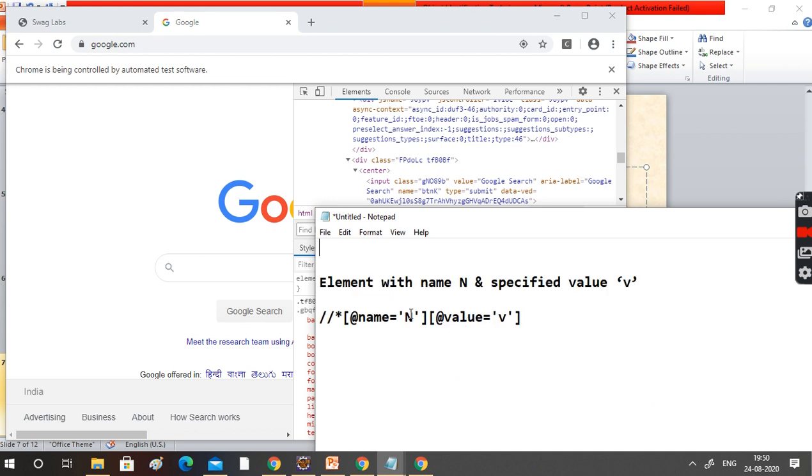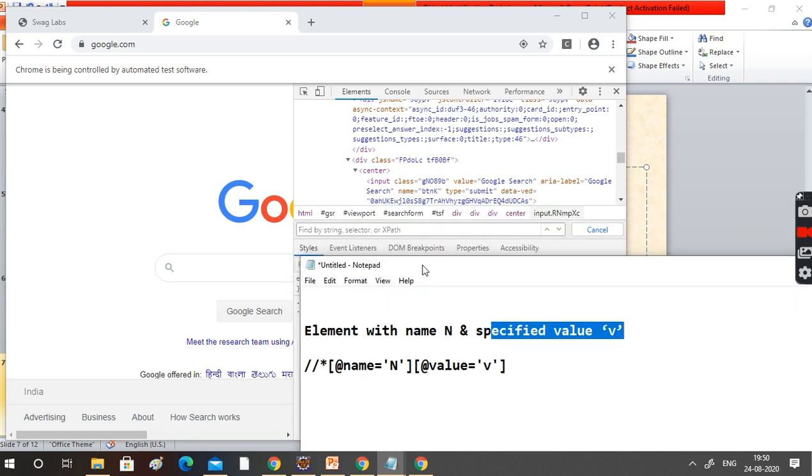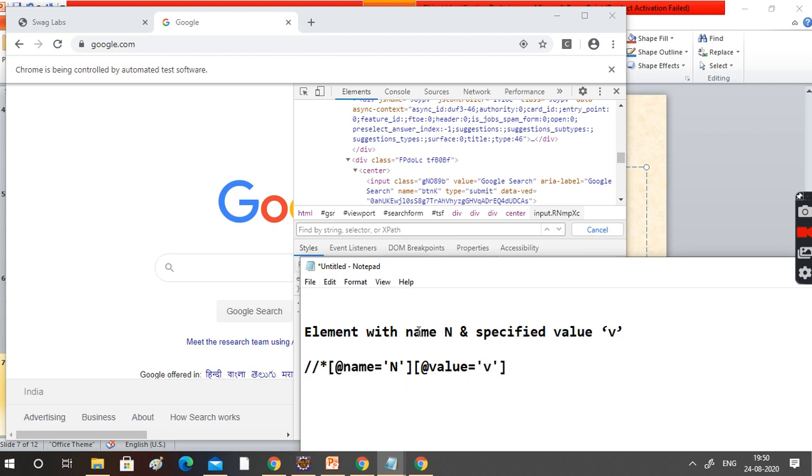So the last technique: element with name n, specified value v. What does it mean actually? Here, they are trying to find the element with the help of n, which means the name attribute value, and the specified value, which is the value attribute value. You may get confused, don't worry.